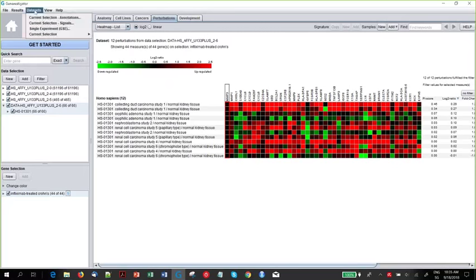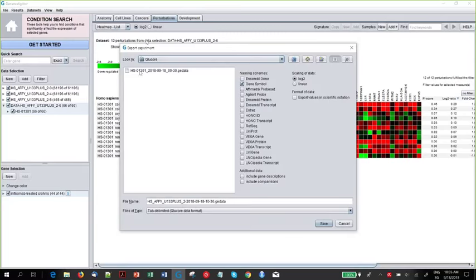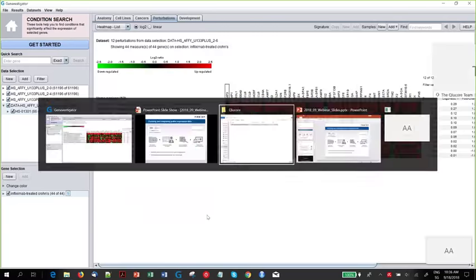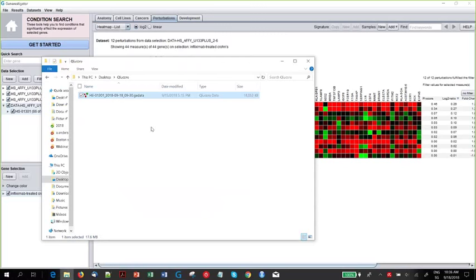So you go to Data Sets, Current Selection, you go to Qlucore, and here you can export your data set as a GE data file. And this is the Qlucore data format, which directly opens Qlucore when you click on it. So that takes a minute, so I'm going to skip that step, and I've actually prepared that exact same data set. And you see it has the Qlucore logo here. And once I open that